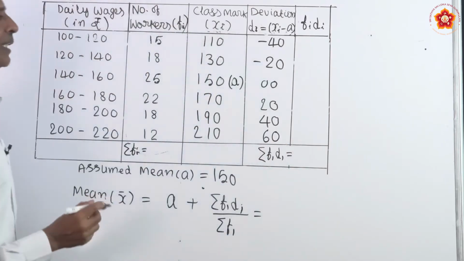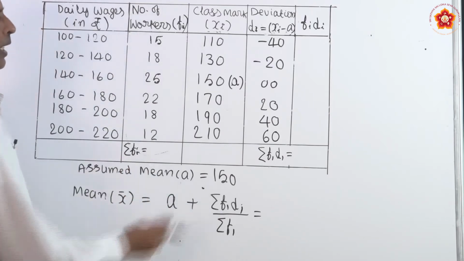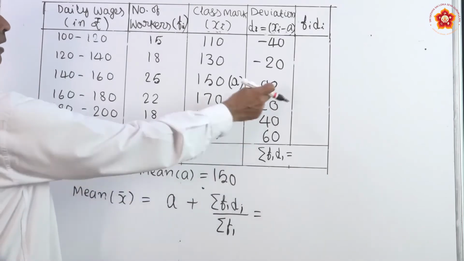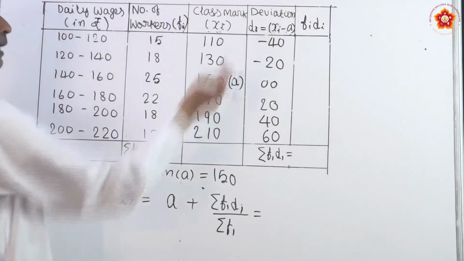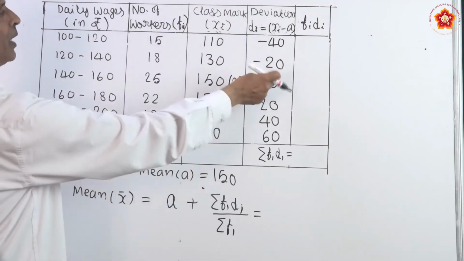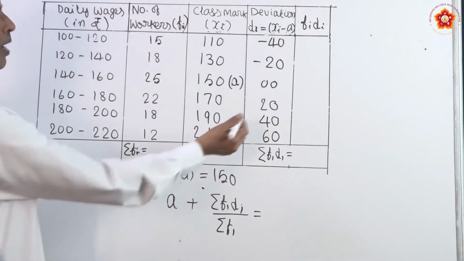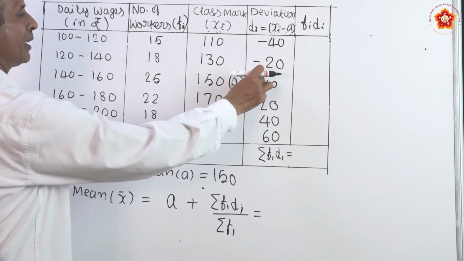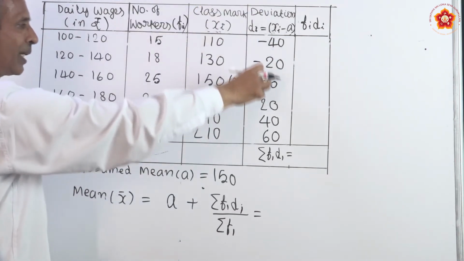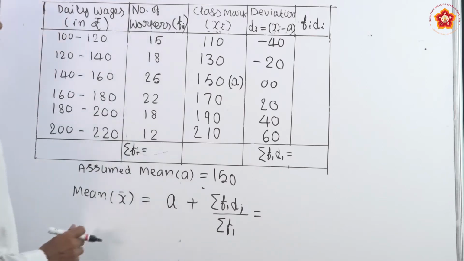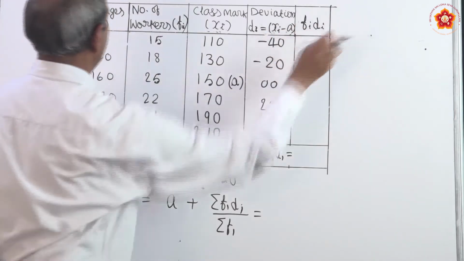Now, very easy, all are differing by 20 only. Look here, 20 becomes 40, 40 becomes 60. If you go up, it is reducing in value, negative values will come, 20 and 40. By practice you can write this: if the value is decreasing you get a minus value, if it is increasing you will get a plus value, that is all. After this you have to multiply Fi into Di.